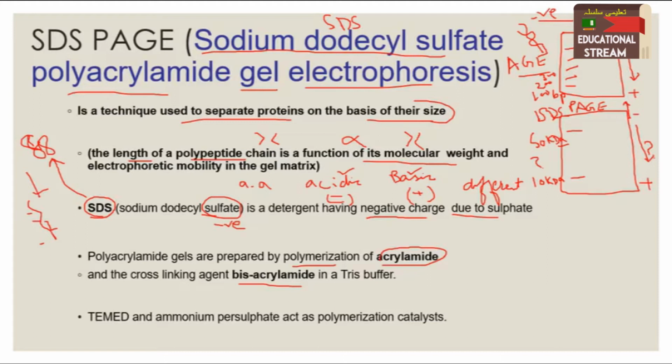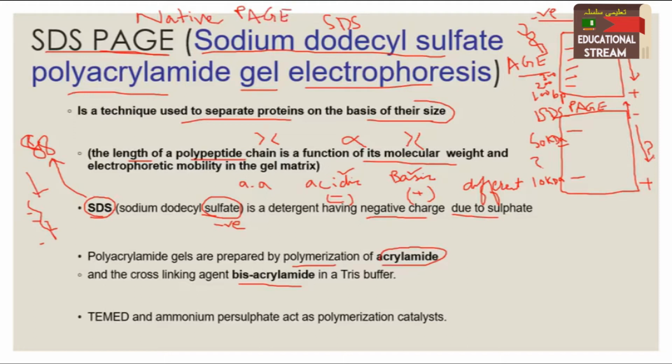Due to SDS, the protein structure will get denatured, because now the protein has an overall negative charge due to the binding of the SDS molecules with the amino acids of the protein. Therefore, we call this type of PAGE SDS-PAGE. There is another kind of PAGE which is known as the native PAGE. In native PAGE, we have to run the proteins